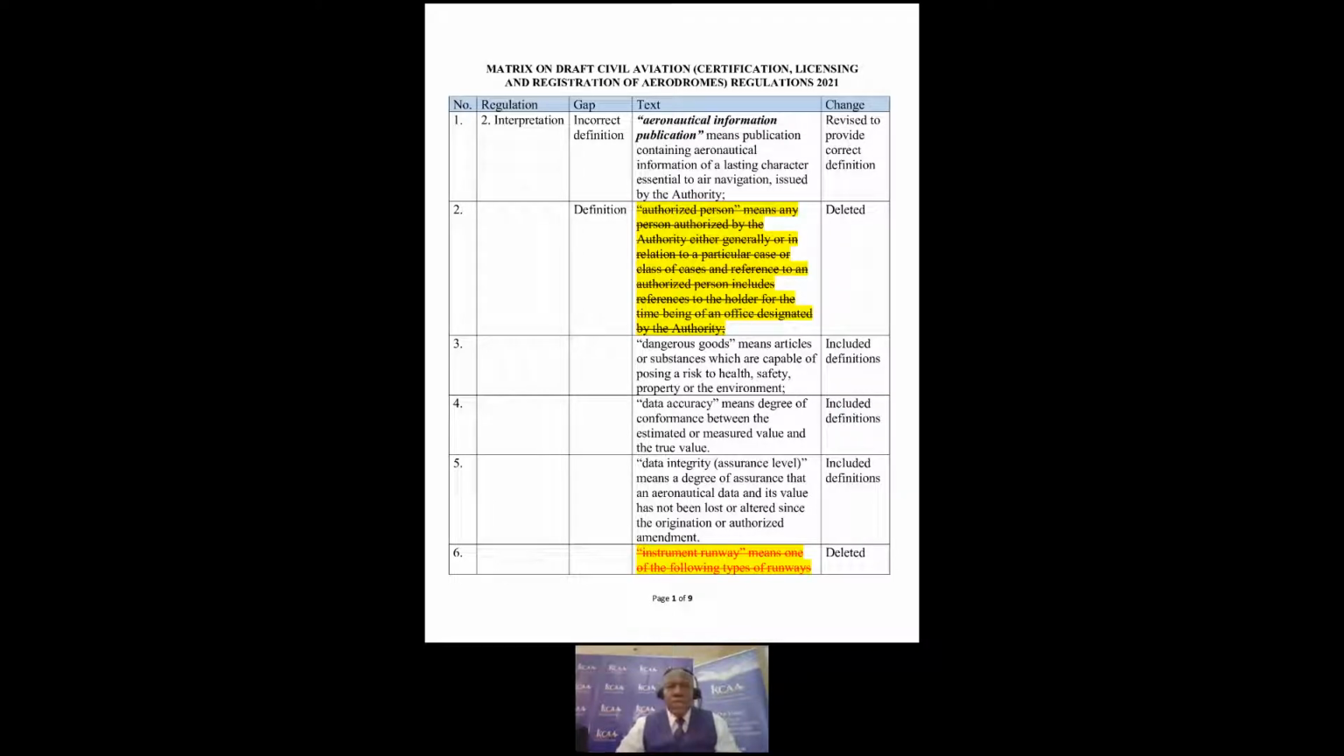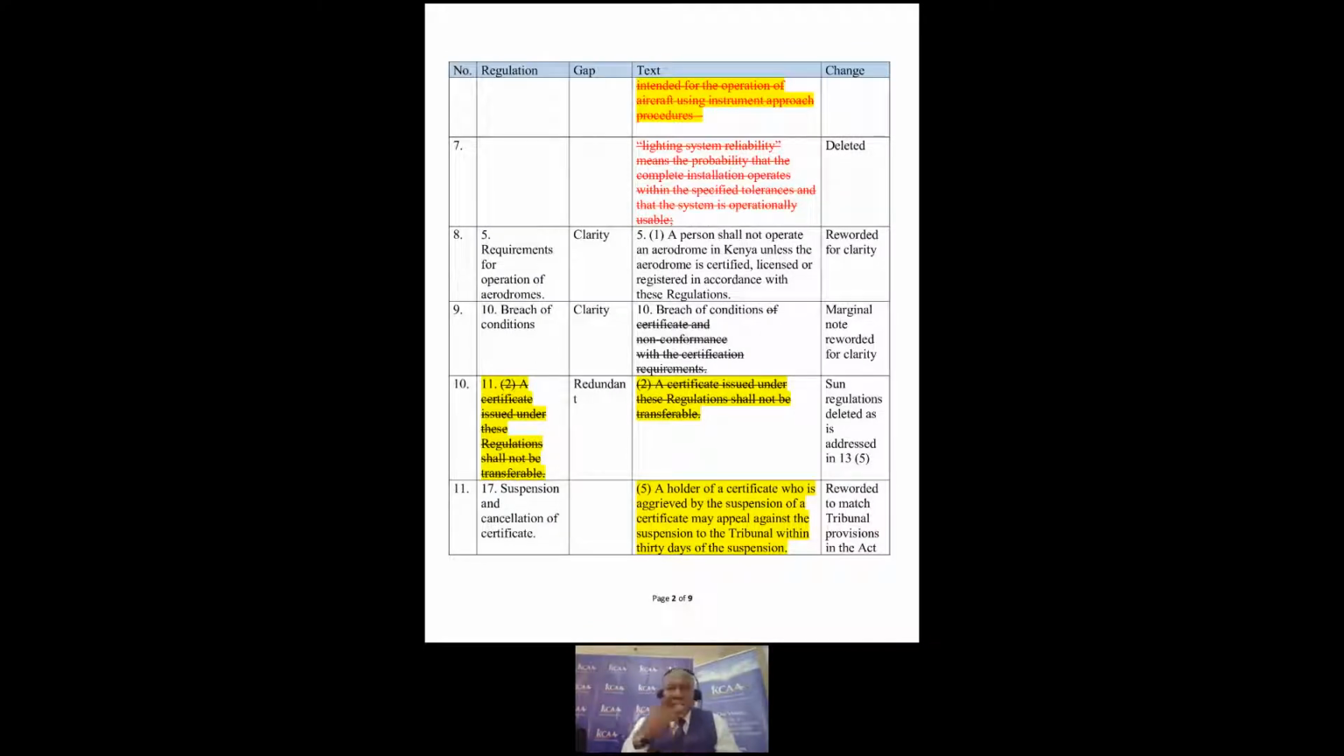The first one is under interpretation. We have correctly defined aeronautical information publication to align with the other technical documentation in the authority. The term authorized person has been deleted from the regulations. Dangerous goods, data accuracy, data integrity, assurance levels have also been included. Instrument runway has been removed, as well as lighting system reliability. So those are the adjustments that have gone into Regulation 2, interpretation of the draft civil aviation certification, licensing, and